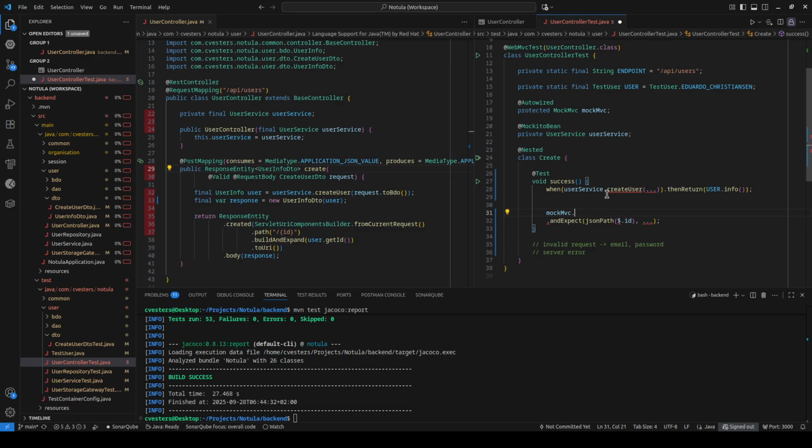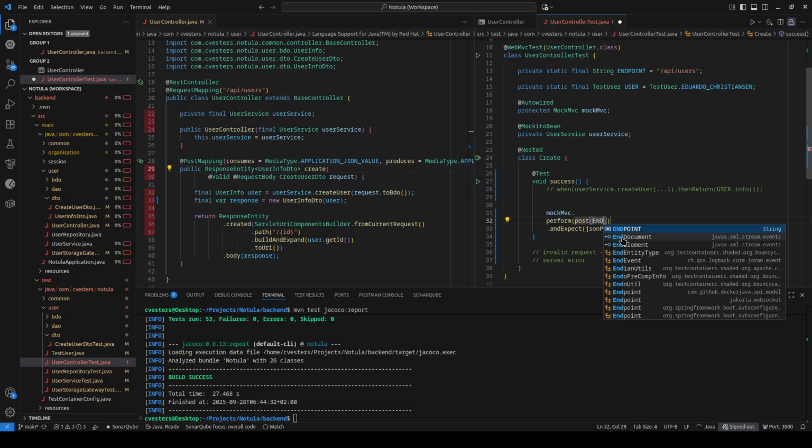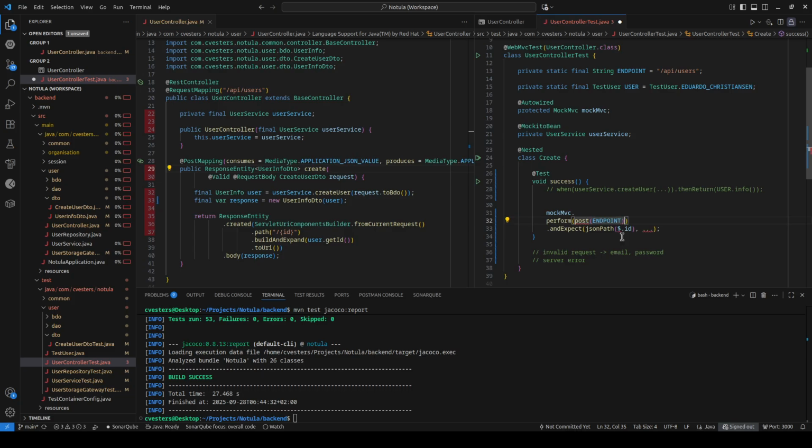Interesting. It actually does say mock MVC. Maybe I'm just perform. Yes, and here you have the request builder, so a post on slash API slash users, which I have very conveniently written here as endpoint. Is that then like this, or